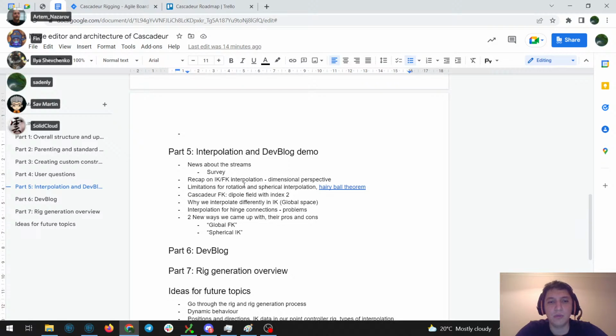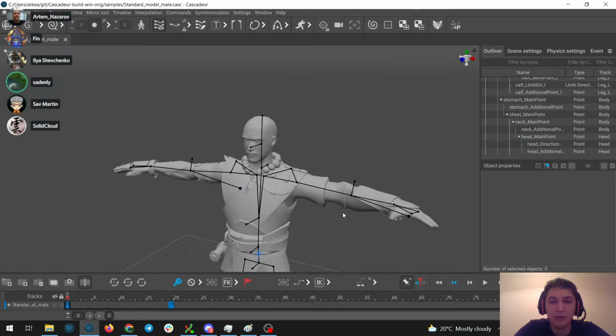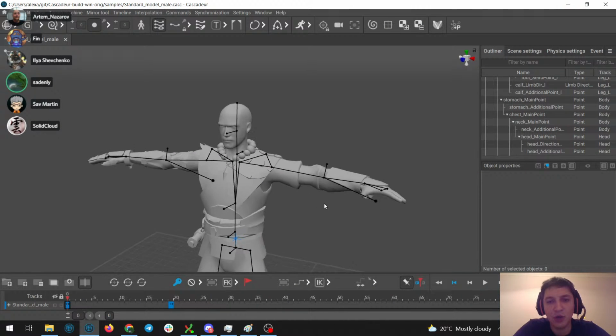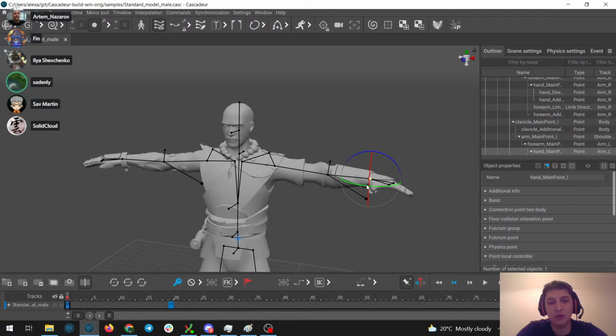So what do you have? Usually, if you have a global position, then you can interpolate it using linear interpolation, Bézier curves, etc. They all work pretty well, and there's basically no problem with that.